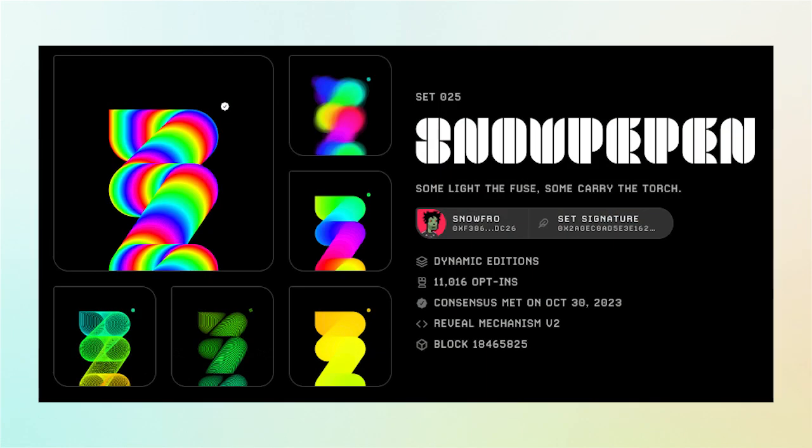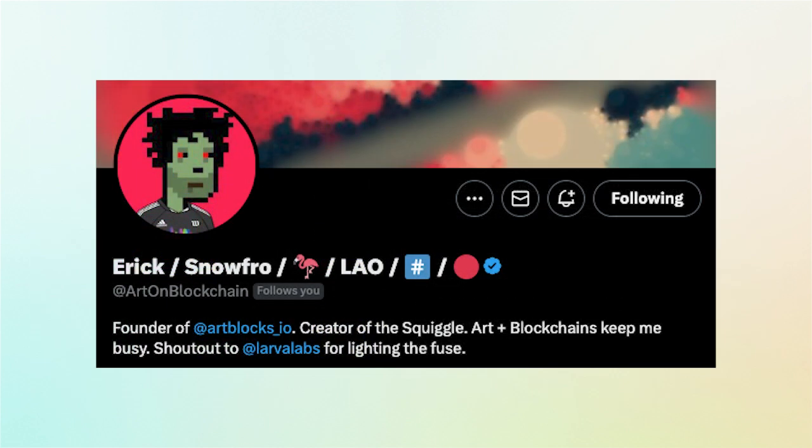One of my favorite collaborations from your and Snowfro's point of view is the Snowpepen. I also love how the description says "some light the fuse, some carry the torch," in reference to Snowfro's bio, giving a shout out to Larva Labs for lighting the fuse. And how was the process to create a piece that mixes so well the squiggles and the Opepen style? So